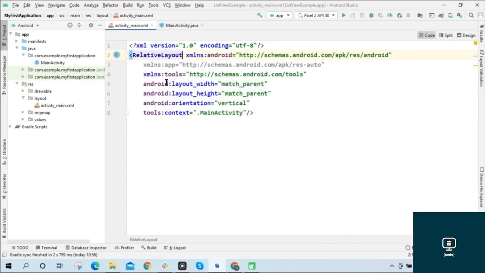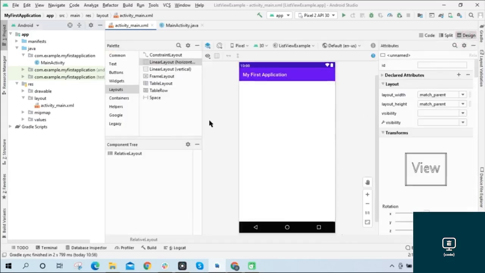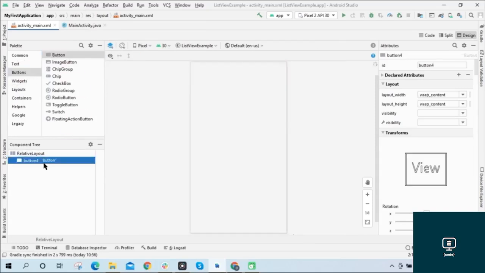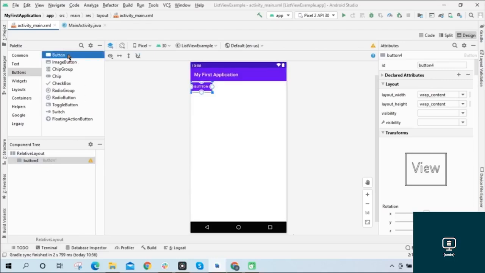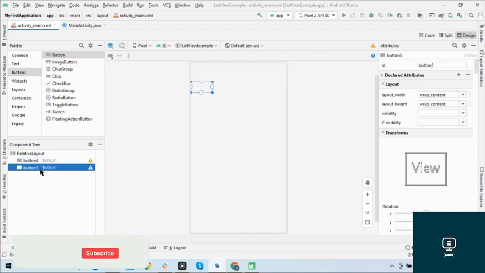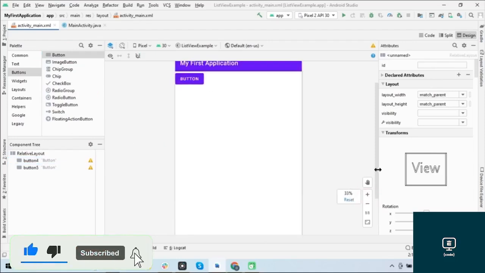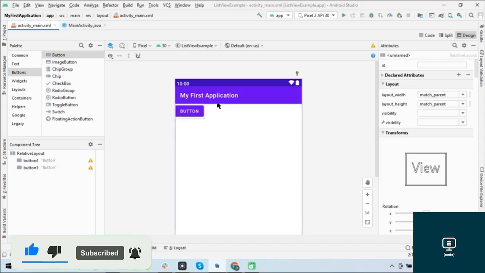So how does the relative layout work? Probably the best way is to show you. Components are placed right in each other's position within the relative layout. I'm just going to add 2 buttons to show you how relative layout works. You can see that these two buttons took place on top of each other because we haven't given them